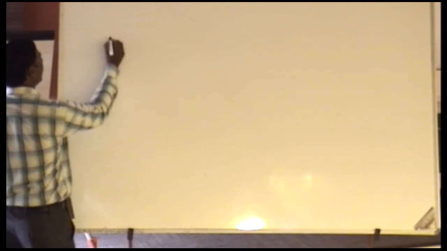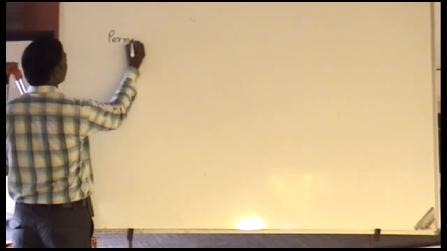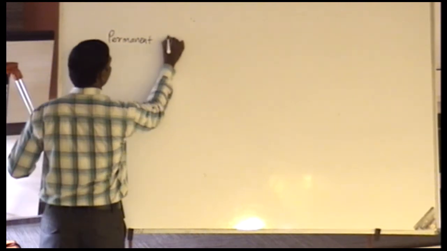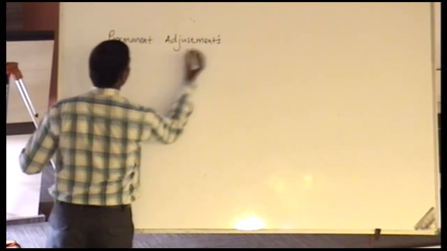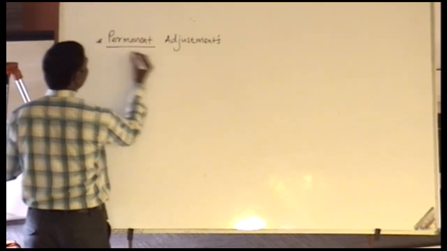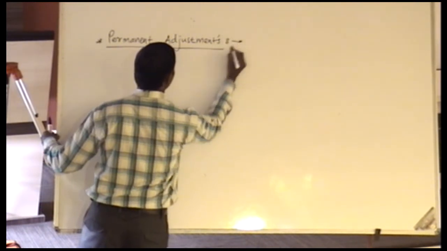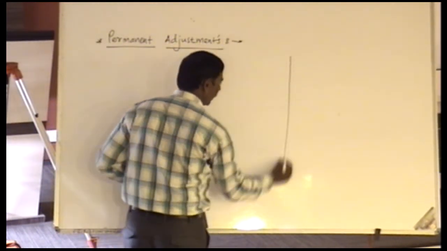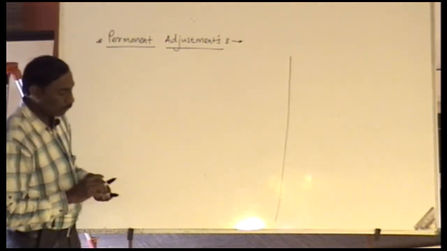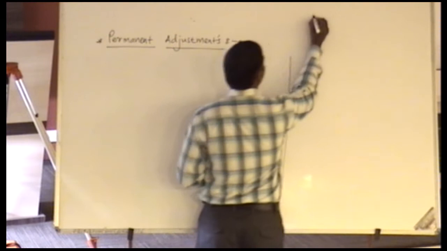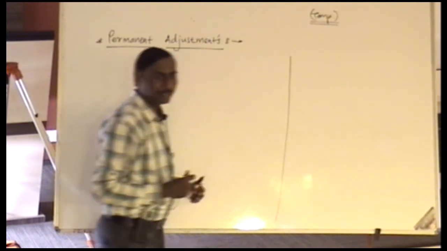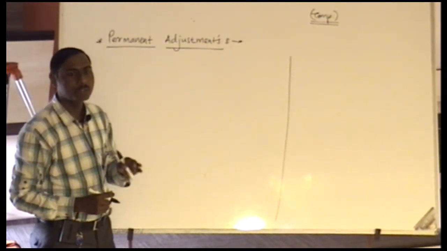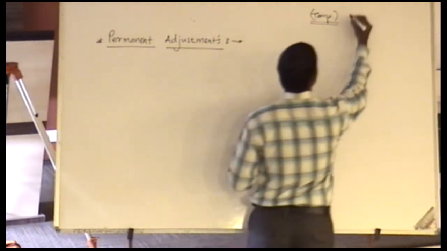Well, hello all. Today we are going to discuss the permanent adjustments of the dumpy level. Last time we discussed the various parts of the instrument, their individual functions, the various axes of the dumpy level and their relationships. Then we discussed the temporary adjustments. Temporary, as the name indicates, are to be done by the surveyor at every instrument position.